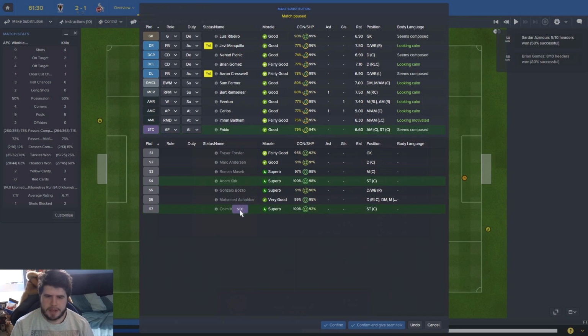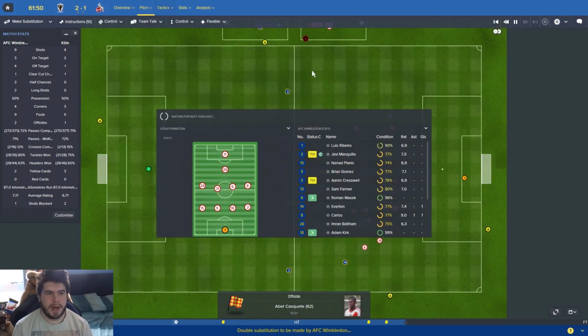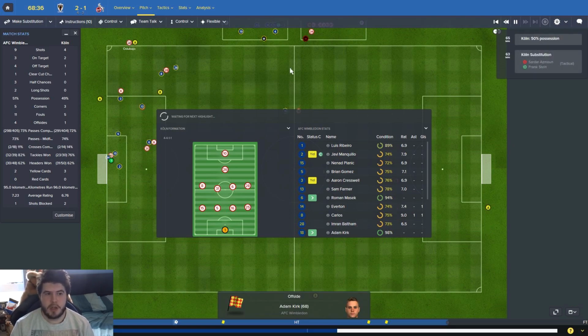Fabio, oh, we do have Murphy, man. No, it's going to be Kirky. I'm going to have to go with Kirky. Since we're leading this game as well, I'm actually tempted to get Masek on now to try and just give us a bit more bite in that midfield, because he's a solid performer. You're very unlucky if you get less than a 7 out of Roman Masek. He's that good. And remember, we'd have to concede 2 more goals in...